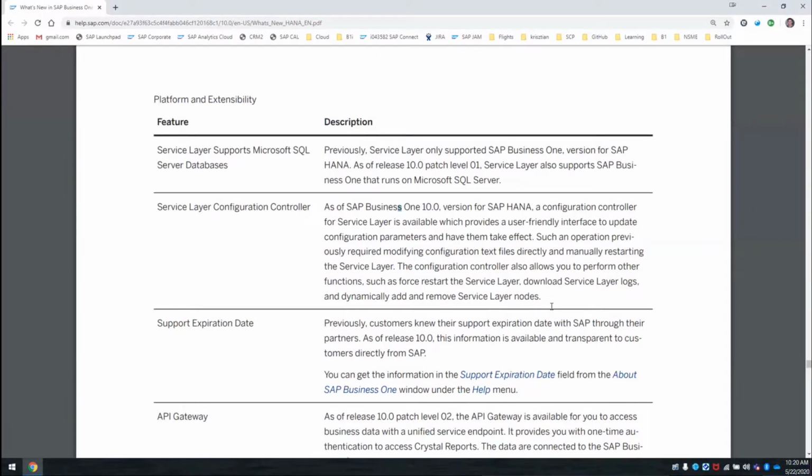It's a dedicated user interface where you are able to log in, stop and start the services, eventually add more nodes and customize the power of the service layer service. And it also comes with the feature of downloading the existing log files, and this is very helpful if you are analyzing some issues and you don't have to go to the